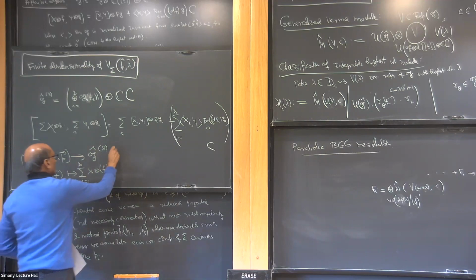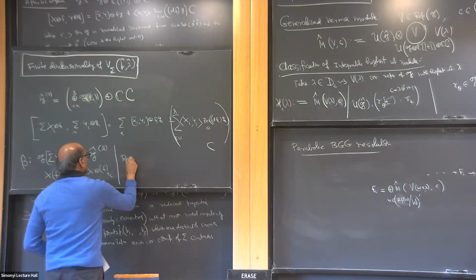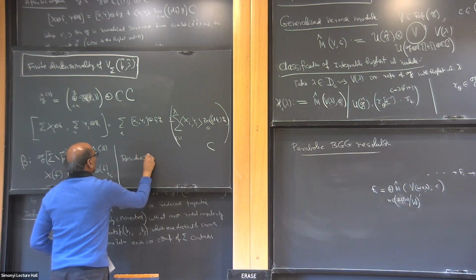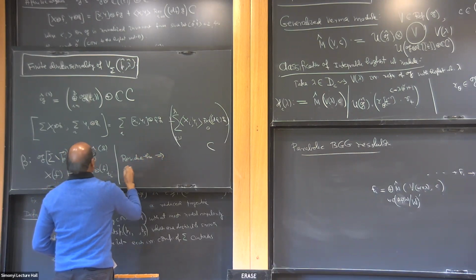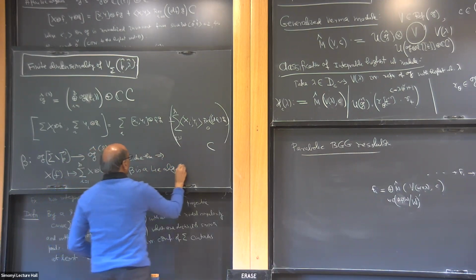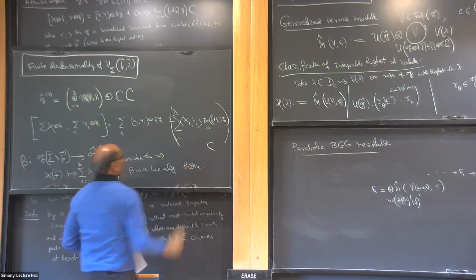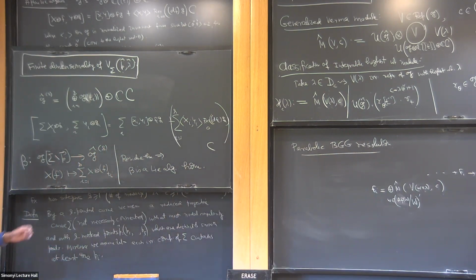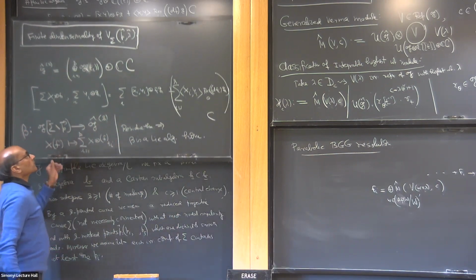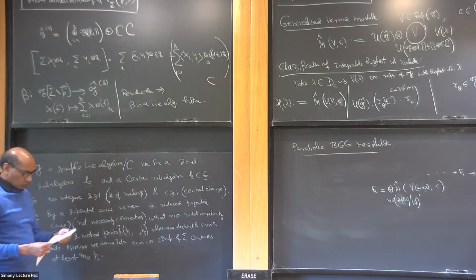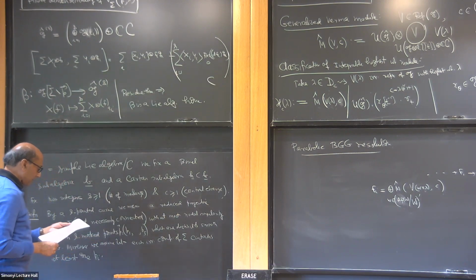Now, the residue theorem will imply that beta is a Lie algebra homomorphism. Okay, so once we have that,